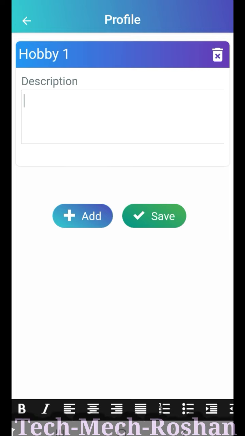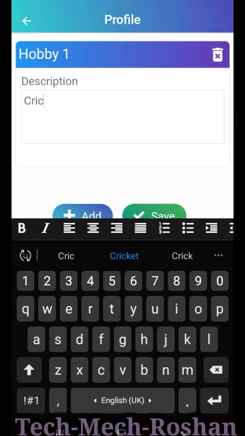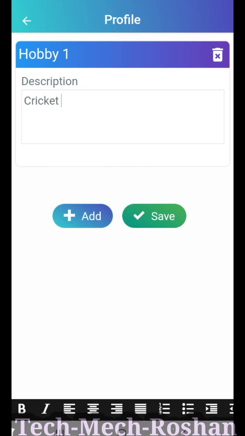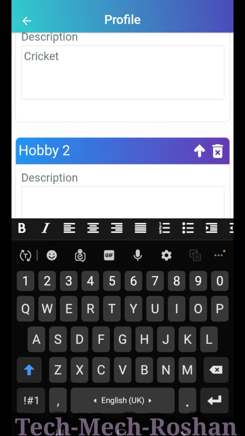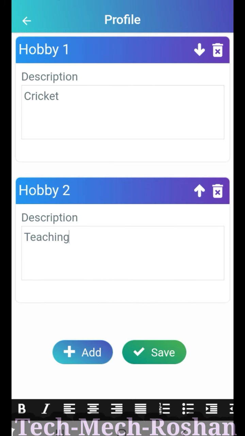Then you just have to fill in, like cricket, whatever you want. Create. And if you want to add more sections, like teaching, then you just have to fill it in, and after completing you just have to save.